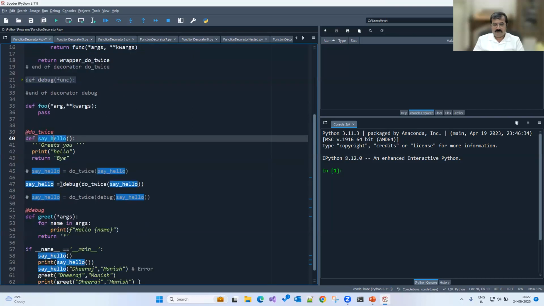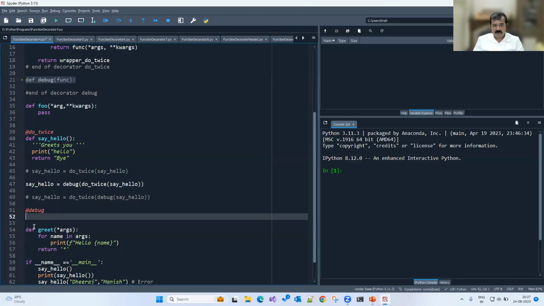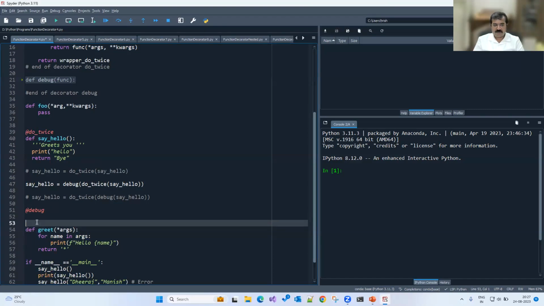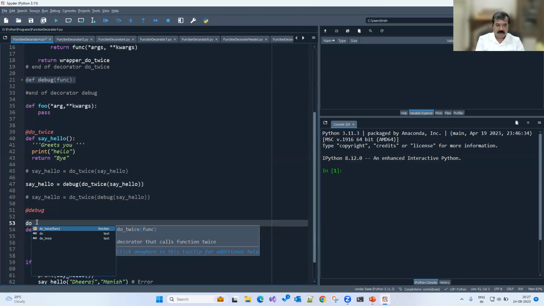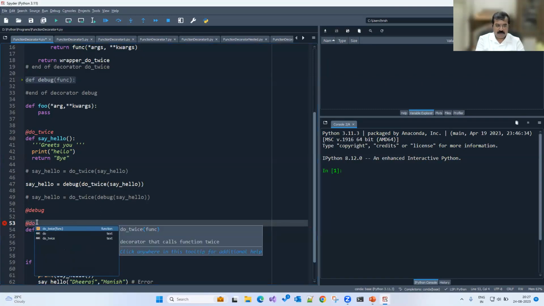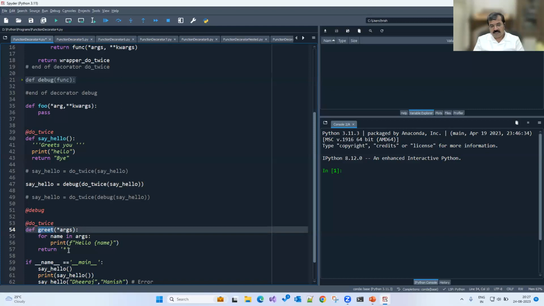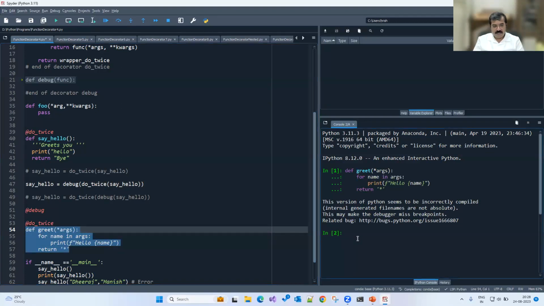Suppose I have this particular function called greet, which takes in a variable number of arguments. And I decorate this function also with @do_twice. So I also decorated with do_twice. So if I decorate with do_twice, and I'm going to greet somebody, suppose saying greet